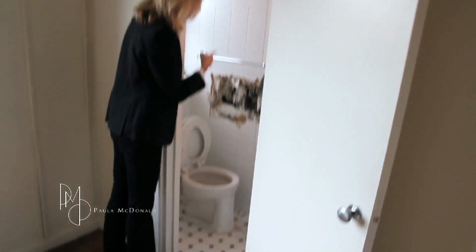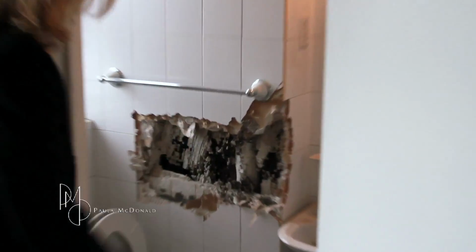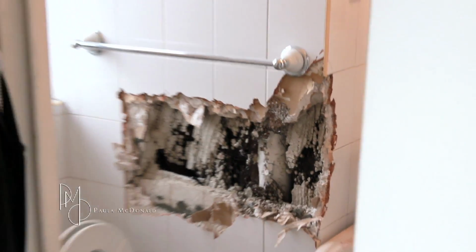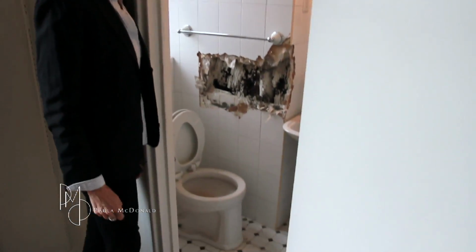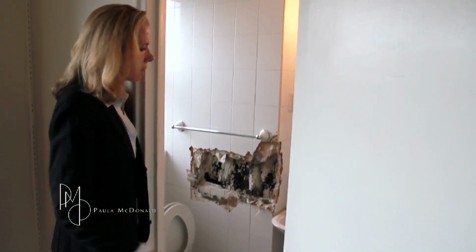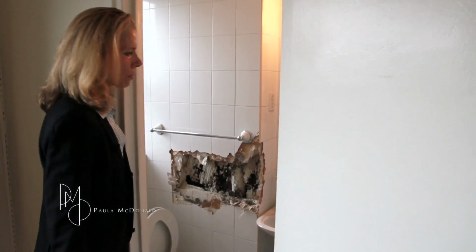And there's a tiny bathroom here, and you can see we've already had a probe for asbestos, and this is actually an asbestos pipe, which you can see right here, that wrapping around that pipe right there, that's what we're worried about. And we have to take it out. And we actually have to be out of here while they do all that. It takes about another week after we can open the walls. We're going to have to open the walls all the way across so we see the plumbing